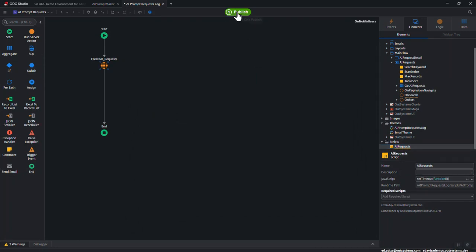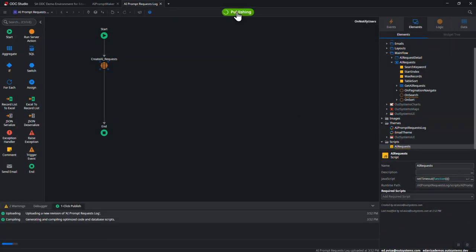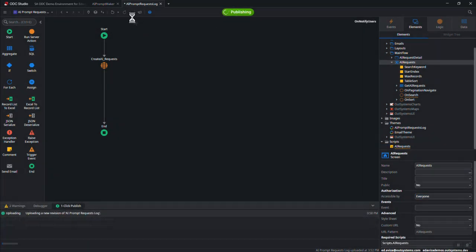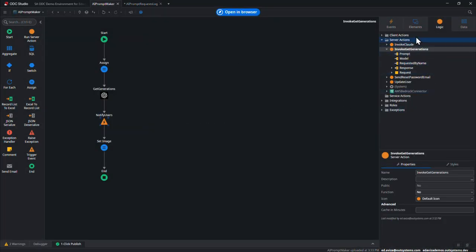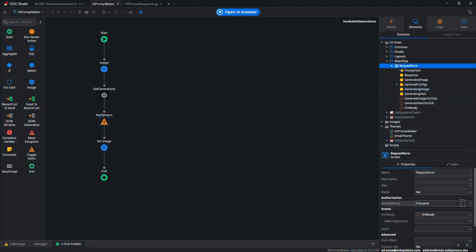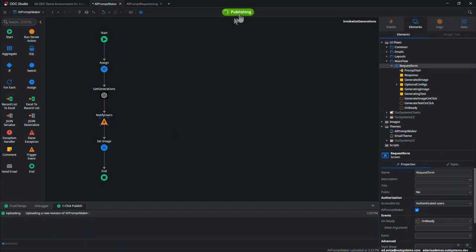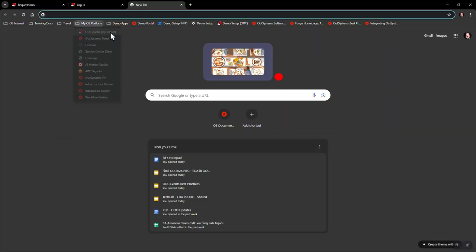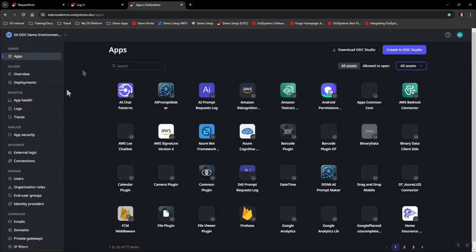Another thing I'd like to do for the logging application, just in this particular example, is make it accessible by everyone rather than having to log into the application. Again, for demo purposes, I just want to be able to open that screen up. But when I go to AI Prompt Maker, I'm going to set it to authenticated users, because I want to collect the name of the individual using the application as an input parameter to my event and, obviously, to populate my database. And in order to ensure that this works, I need to go into the ODC portal,